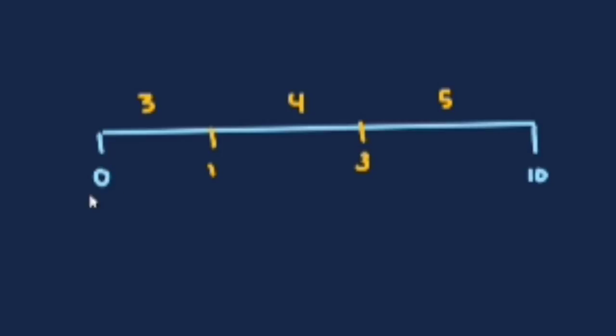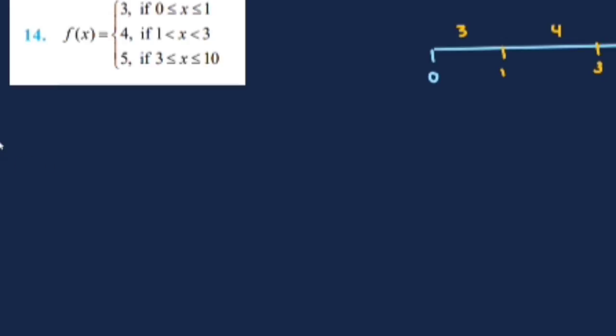First we have to check at 0 end point. Previously we had less than 2, greater than 2, like that. Here there is an end here, and here also there is an end point. So we have to check at 0, that is first one. Then from 0 to 1, then at 1, then 1 to 3, then at 3, then 3 to 10, then at 10. So there are 7 places, 7 cases we have to check. So let us just write case 1 at 0.